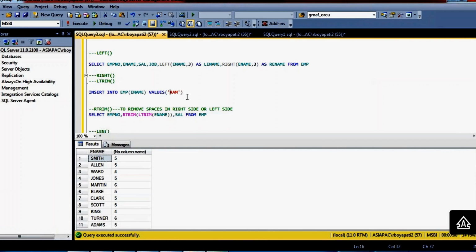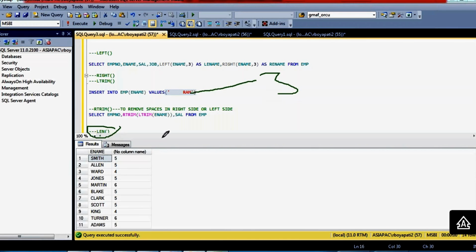By mistake, if you insert spaces, even then when you apply the length function on this column, it gives a count of 3 only, because the length function will count only the number of characters.